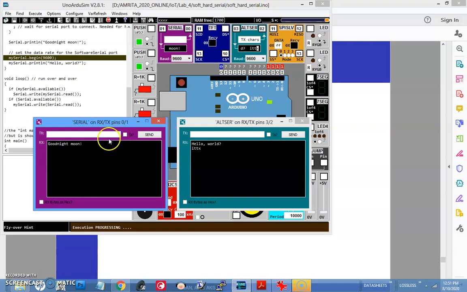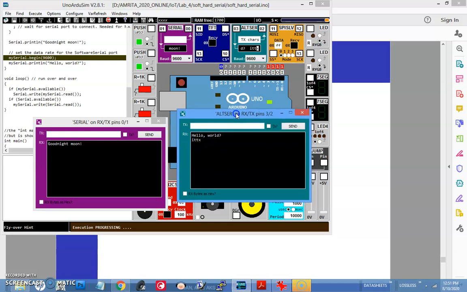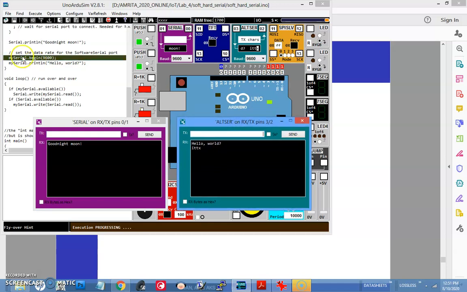So I request all of you to go through the code carefully, then you can easily understand how it is working. This is the alternate serial port created as part of the soft serial on pin number 3 and 2, and this is the already existing built-in serial interface operating on pin number 0 and 1. It is shown here. Pin number 0 is receive and this is transmit. You can try that and do some operations on the code that you are sending. See, it will get received here. Okay, that's about the serial interfacing and all the exercise for today.